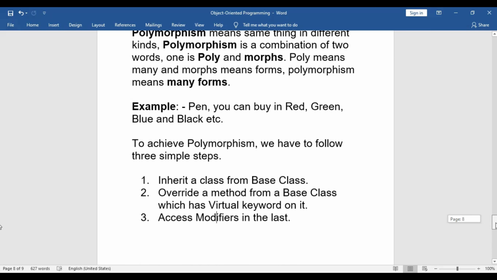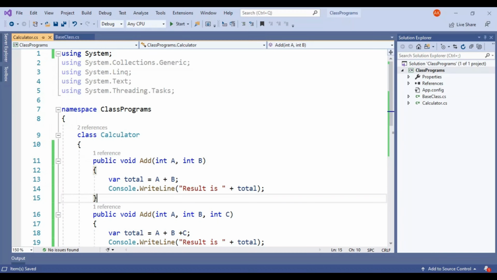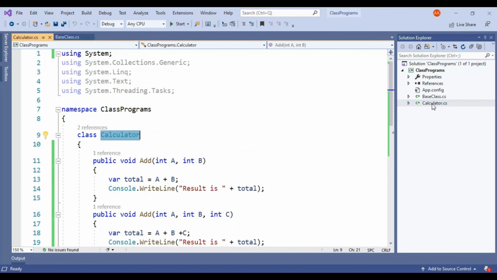We should follow these three steps: inherit a class from base class, override a method from base class which has virtual keyword on it, access modifiers in last. We will do this in my earlier sessions project, because we don't want to extend our video.